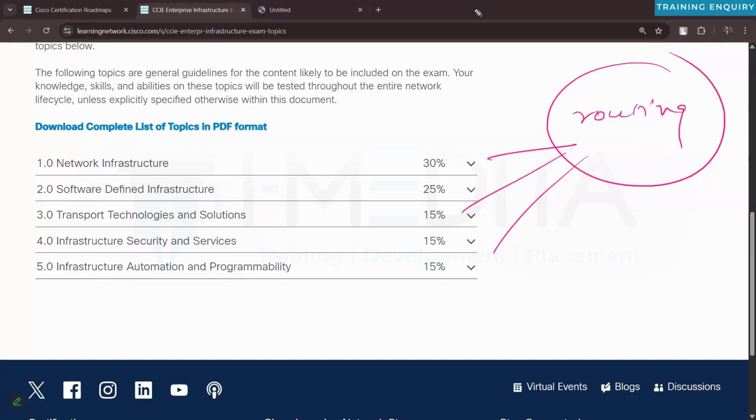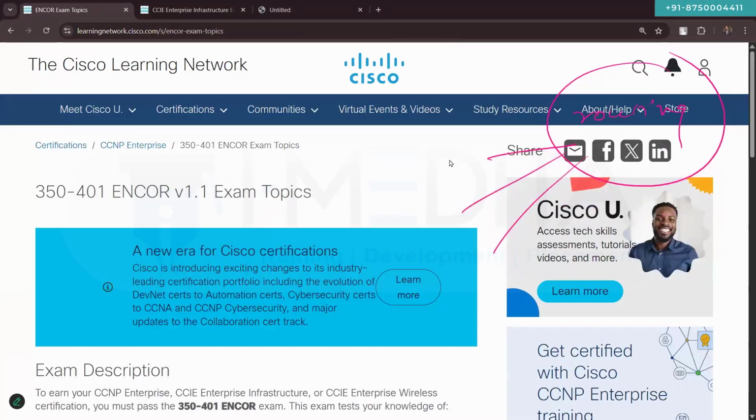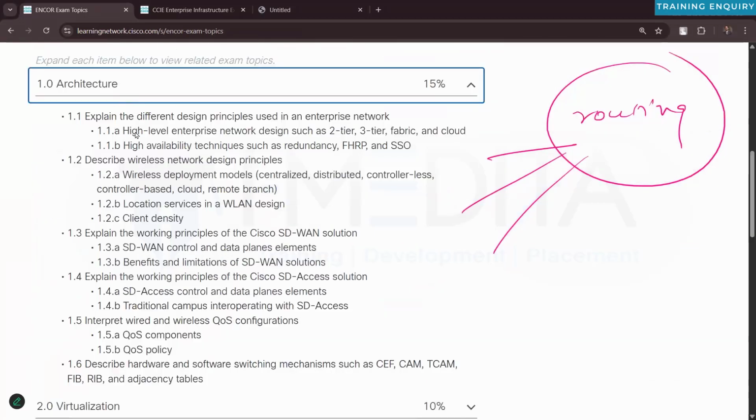This thing is, in fact, repeated in the ENCOR as well. If you want to go through the ENCOR content, here also you will have a similar kind of thing. If you click on the exam topics here, regarding the routing, by the way,